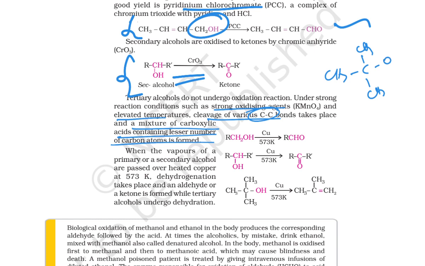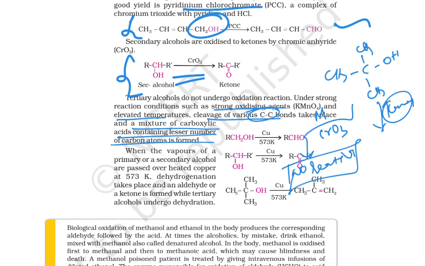so this is tertiary alcohol. If I am using the mild oxidizing agent like CrO3, at that time there is no reaction. If I am using the tertiary alcohol with a mild oxidizing agent, no reaction. But in case of KMnO4, carbon cleavage is going to happen, okay, there is a formation of acid. The same reaction,